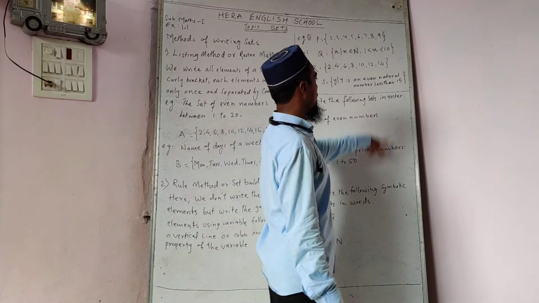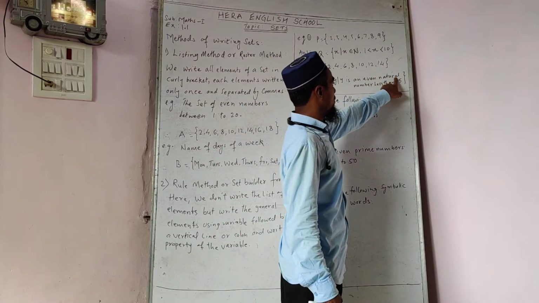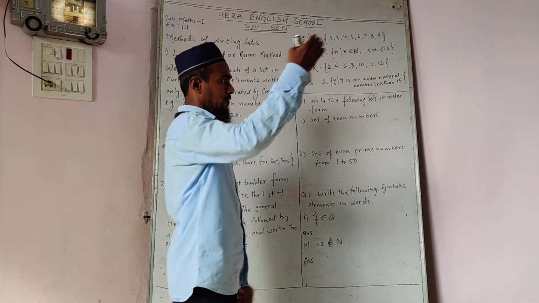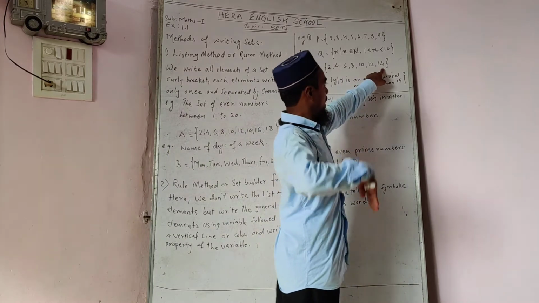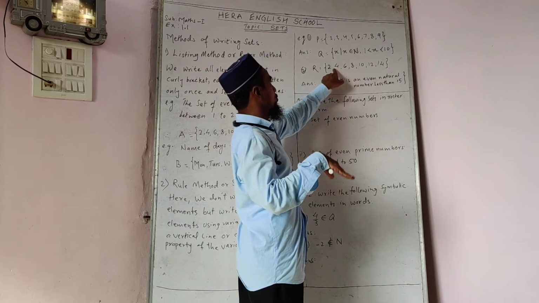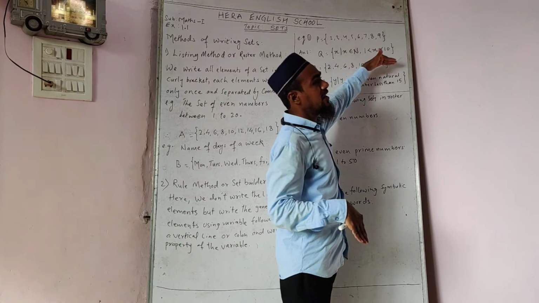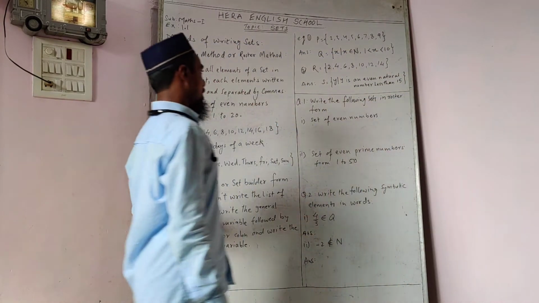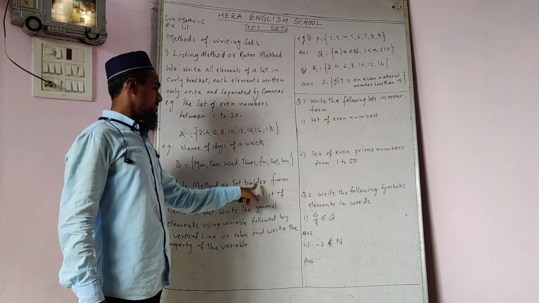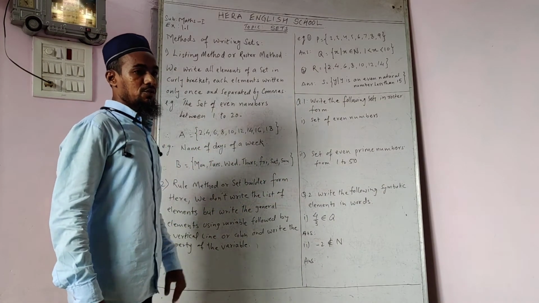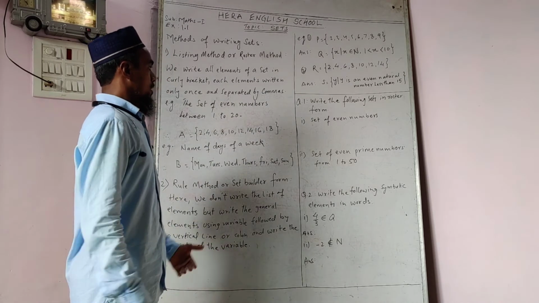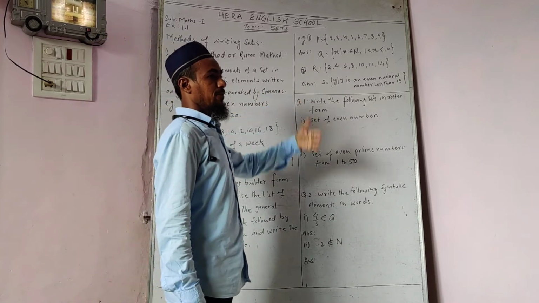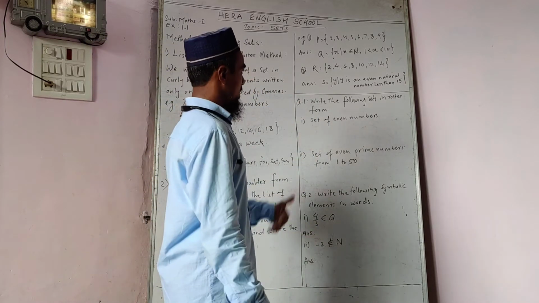Here we have given the information: even natural number less than 15. What are the numbers? 14, 12, 10, 8, 6, 4, 2. These all are even natural numbers. This is the rule method, or you can say set builder form. Okay students, you got it? Now be careful about the instruction and the definition. Then you see the examples before your exercise. Many examples are there. You can see that.